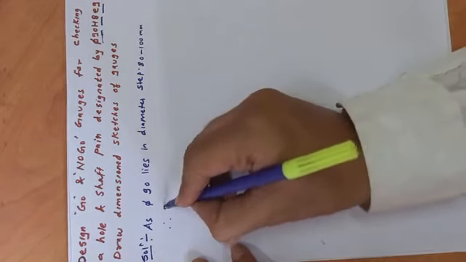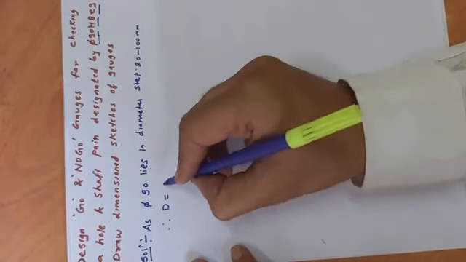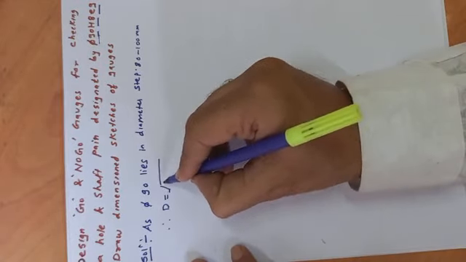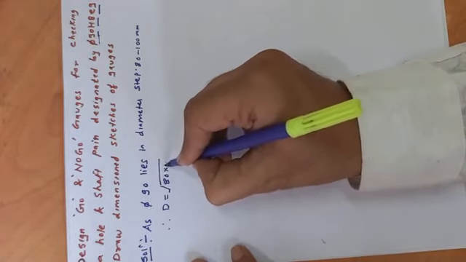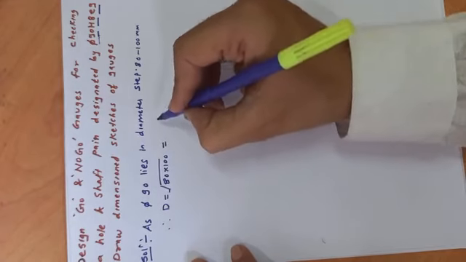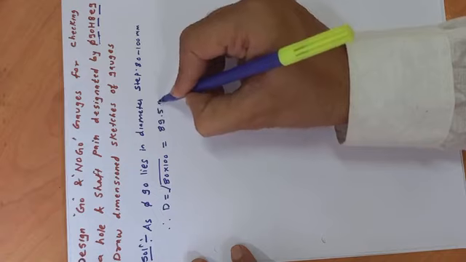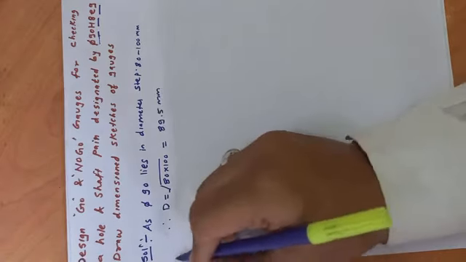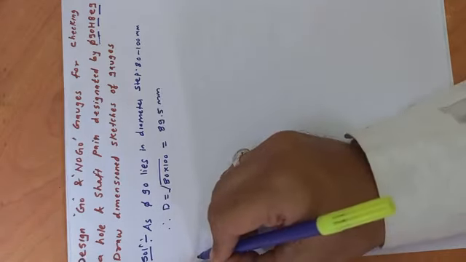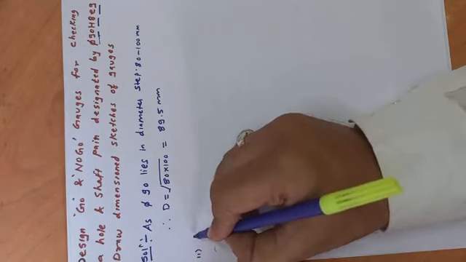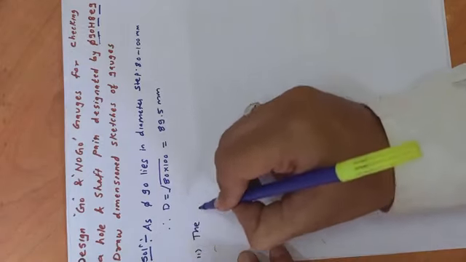Therefore D is to be found out as the square root of 80 times 100, and it comes to be 89.5 mm. So this is the first step. Then the second step is to find out the value